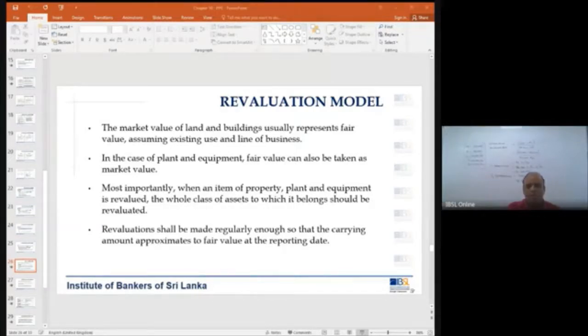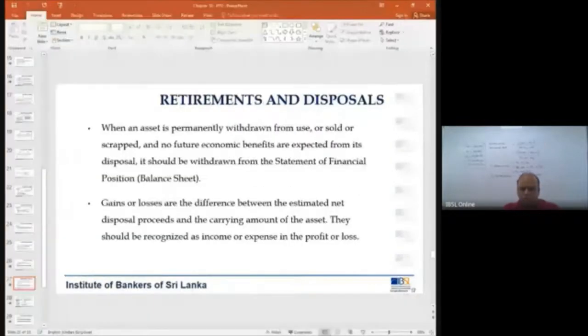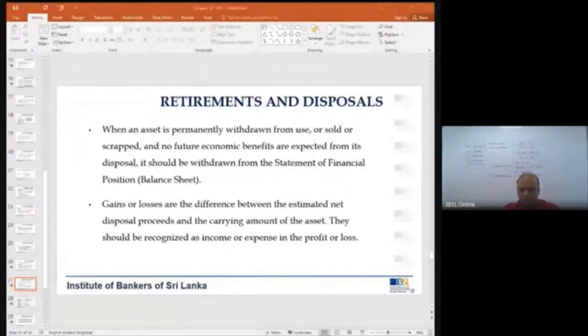Most importantly, when an item of property, plant and equipment is revalued, the whole class of assets to which it belongs should be revalued. I'll explain that. Revaluation shall be made regularly enough so that the carrying amount approximates to fair value at the reporting date. Okay, right. Now let me explain the revaluation and then we'll get on with the retirement and disposal.